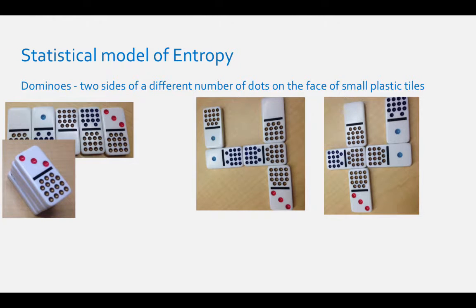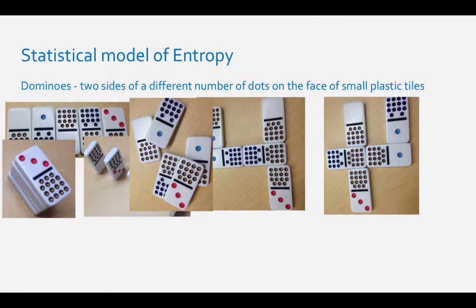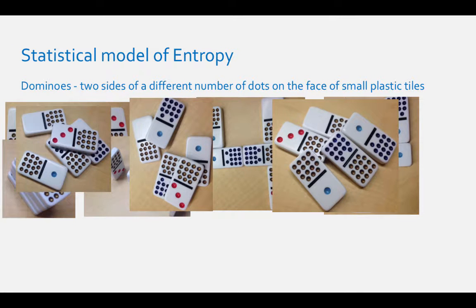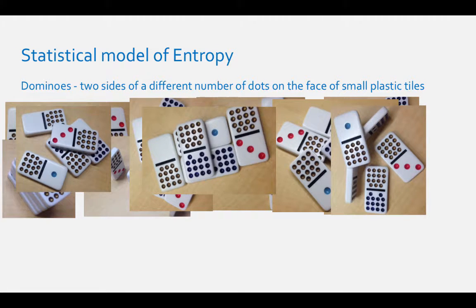You could stack them one on top of another, or you could align them so they could fall, or you could just put them in a pile. There are probably endless different ways to put these dominoes, but only 2 ways that involve the sides matching up. So, statistically, it is more probable to find the dominoes mixed up. Now, if we relate these dominoes to gas particles, statistically, it is more probable to find the gas molecules mixed up than to find them ordered.